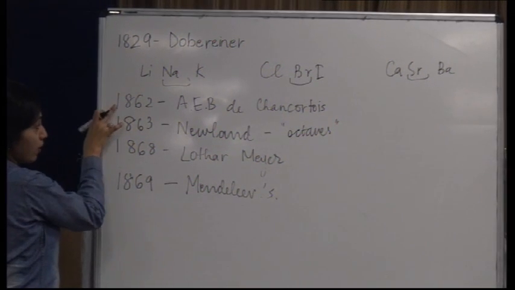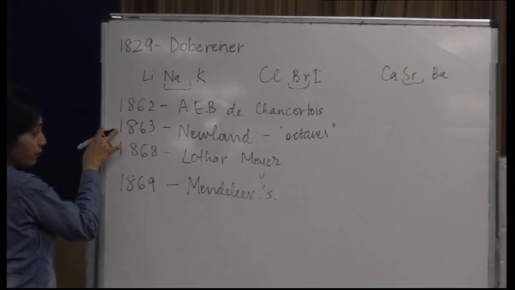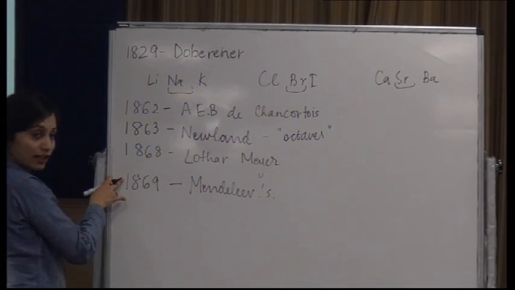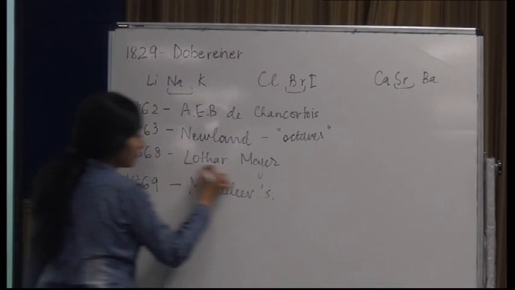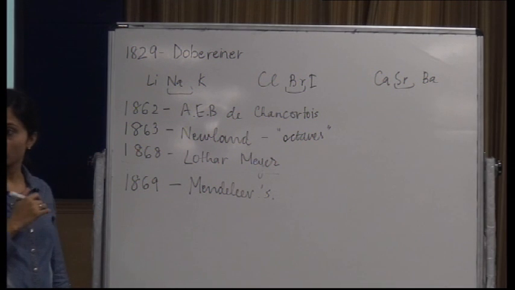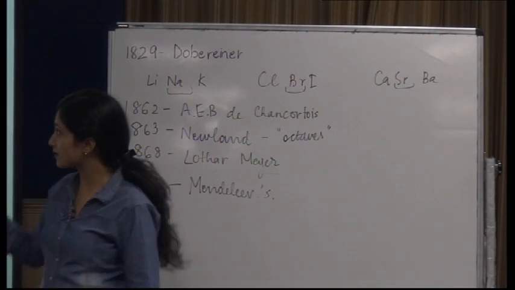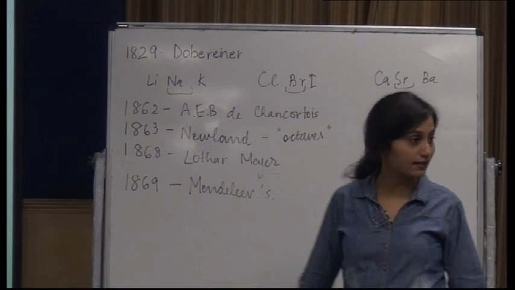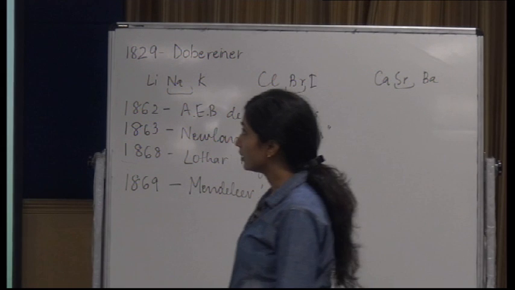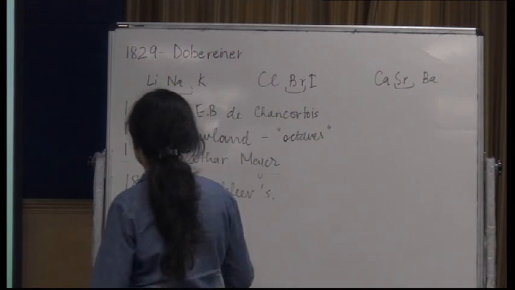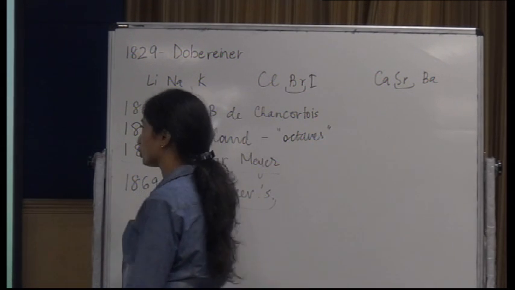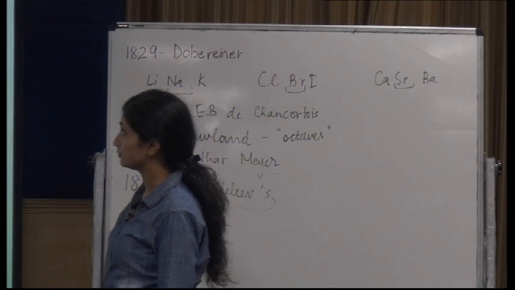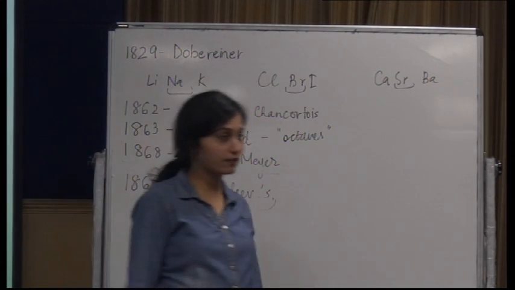Atomic mass, then mass plus other properties, and then again atomic mass. So he got missed in between. Getting the point? So this is how it happens, and then he arranged it according to atomic mass, and then Mendeleev gave his periodic table. And when he gave his periodic table,